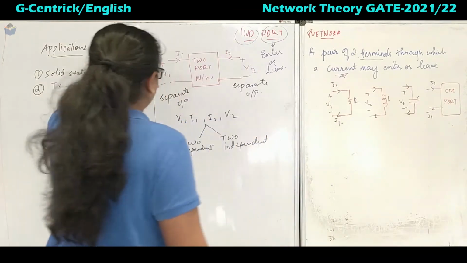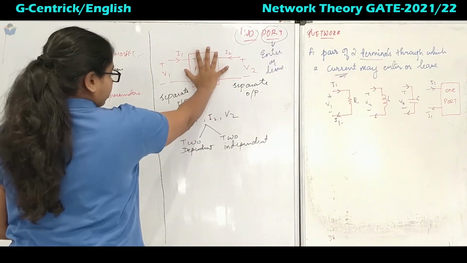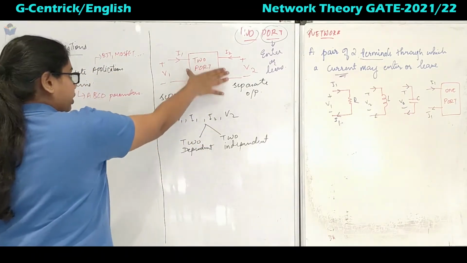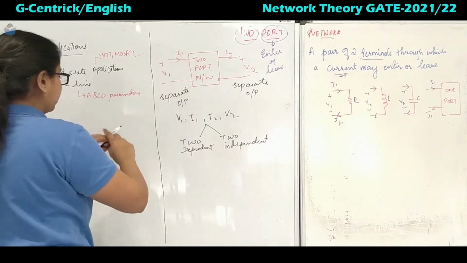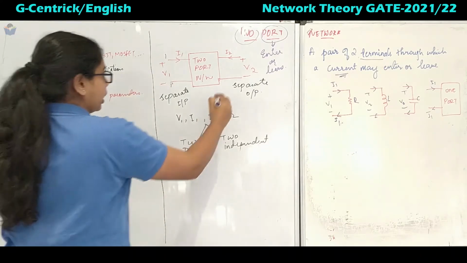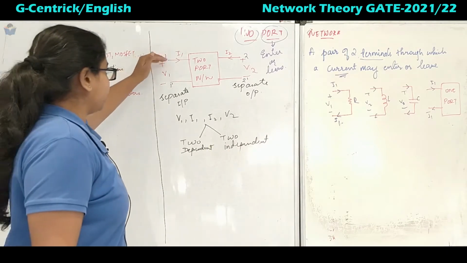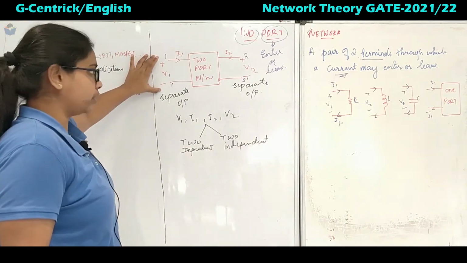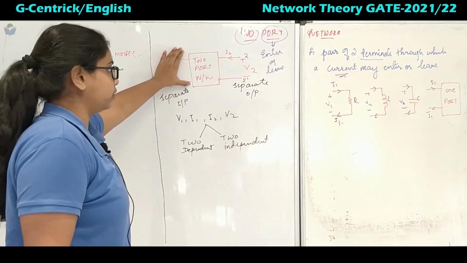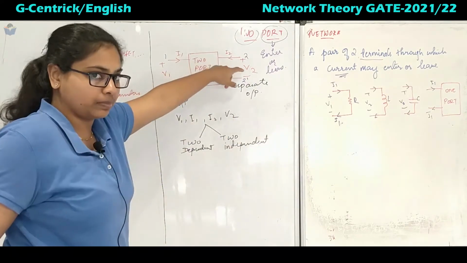So coming to this one, we have got this as a two-port network. In this there are sources, and one more thing, they will have only dependent sources inside this two-port network. This terminal you can name as 1 and this as 1 dash. This is one pair of terminals. The current is entering through this and the voltage is V1 across this one. So this is a separate input. One input we have given. Now it has to leave. The direction of this will always be in this direction only. Please keep that in mind.